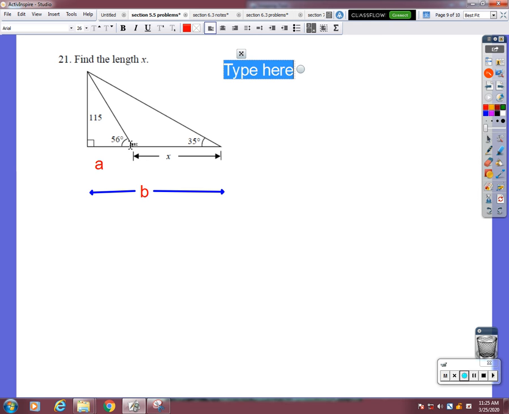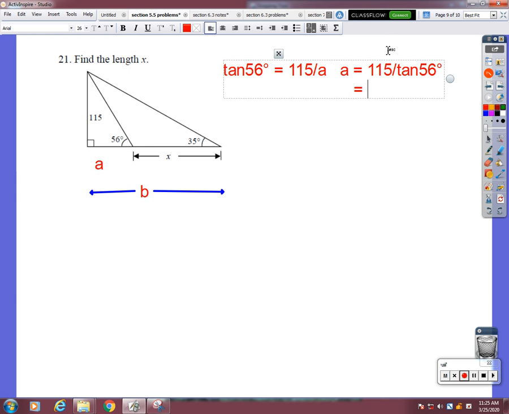We're going to use tangent again because we have the opposite and the adjacent. So tangent of 56 is equal to the opposite side, 115 divided by a. Before I do it, think to yourself, am I going to multiply by 115 or divide by tangent? Since the a is on the bottom, I'm going to go 115 divided by the tangent of 56, not times the tangent of 56, and that is equal to